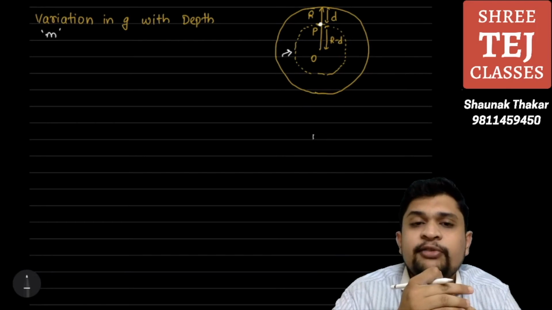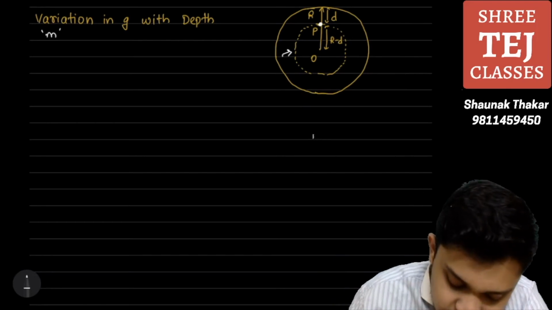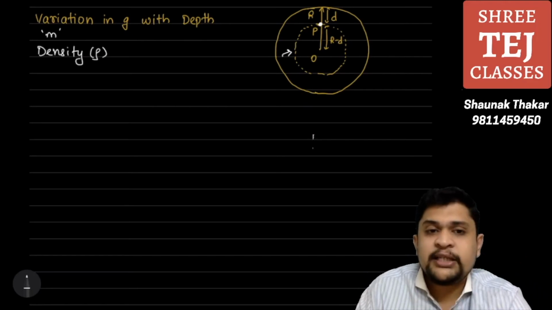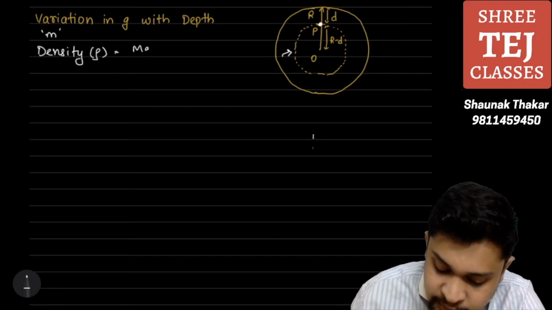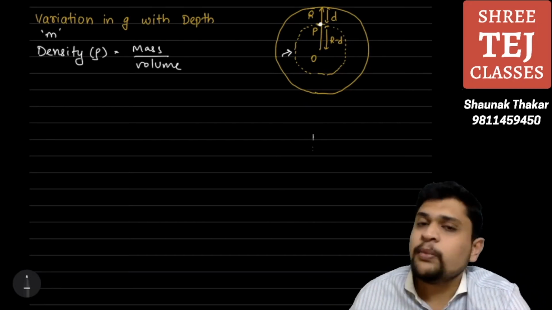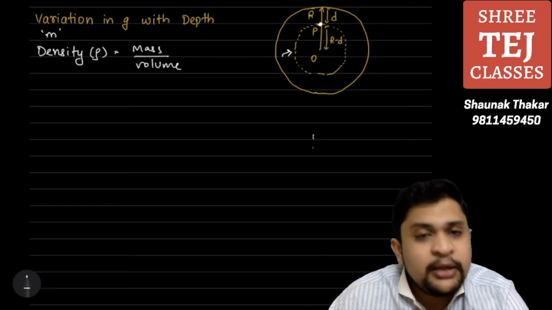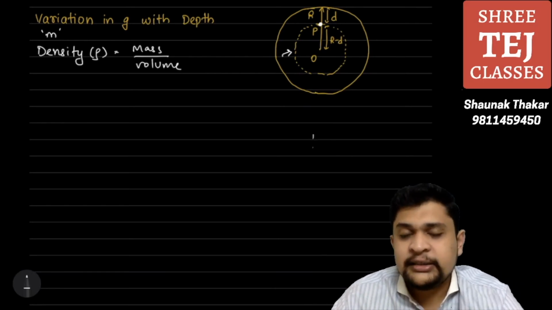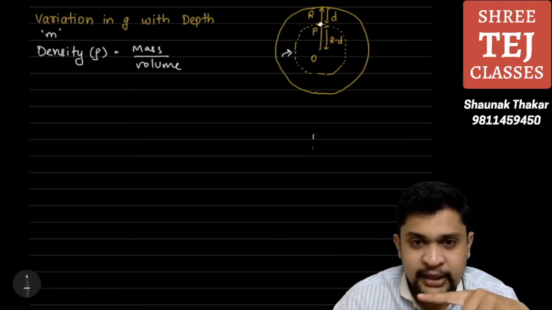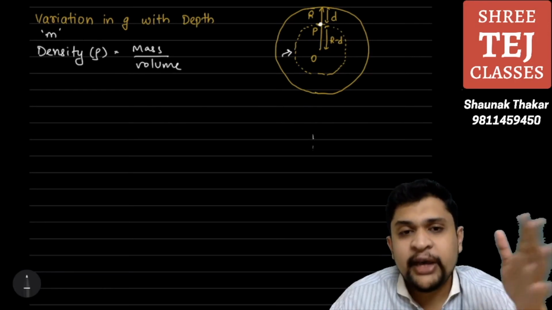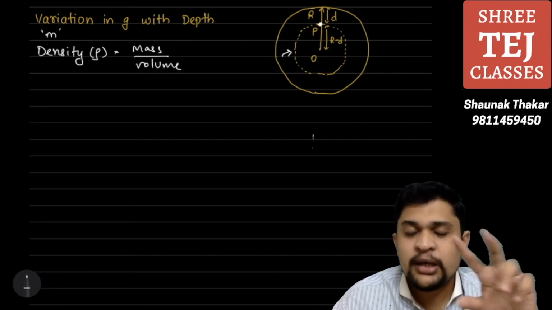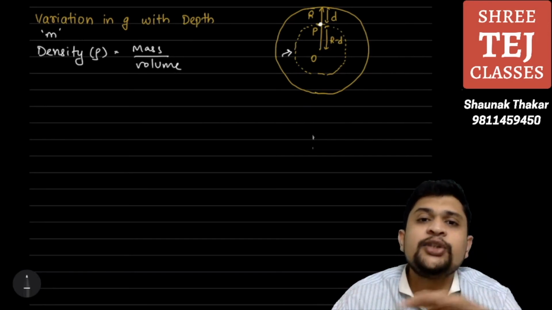For that, first we will find the density of earth. So, density symbolized by rho would be mass upon volume. We are assuming earth is uniformly dense. A lot of assumptions have been taken, but we just have to remember this is an ideal case scenario. Of course, earth is not completely spherical. The density of earth will vary with various surfaces, but for ease of our calculations, we are assuming earth is spherical and density is uniform.